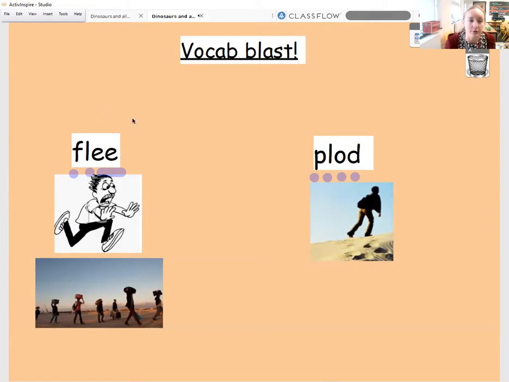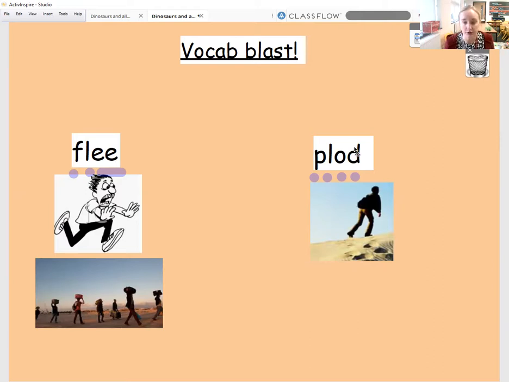Okay, so we were looking at two different verbs. And one of those verbs was here on the left. And if we sound it out, flee. Okay, so flee means to run away or to get away from something. So sometimes it might be if you're in danger or you just need to get away from a place and go to somewhere else. Okay, but you're normally trying to get there in a hurry, so you're moving away quite quickly. And we had the opposite of that, which was this word here,